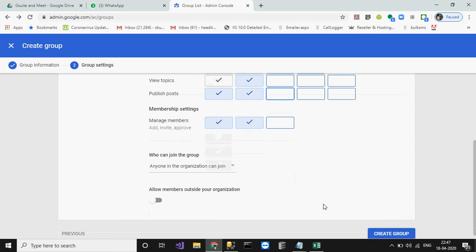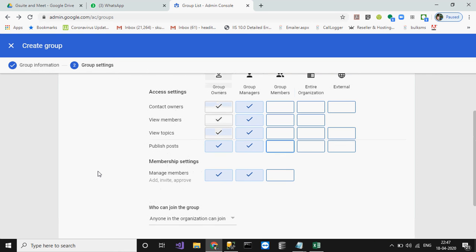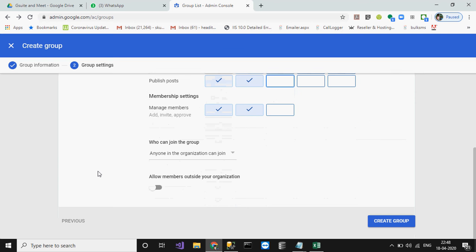Right, now next is anyone in organization can join, make it on. From groups.google.com you can add your email IDs also. Here allow members outside your organization, keep it off because you have no need.